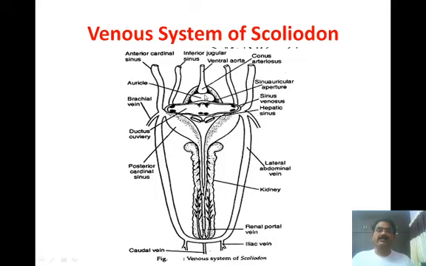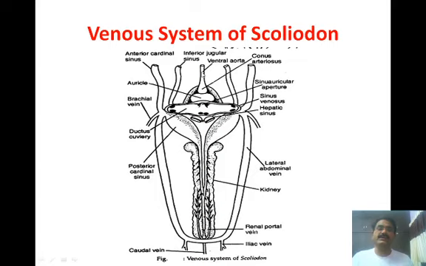the heart of the Scoliodon has two chambers, the auricle and the ventricle, supported by the sinus venosus and the conus arteriosus. The blood collected from the different parts of the body opens via the ductus cuvieri into the sinus venosus. From the sinus venosus it is poured into the auricle, from the auricle it enters the ventricle, and from the ventricle the blood goes into the conus arteriosus, and from the conus arteriosus to the ventral